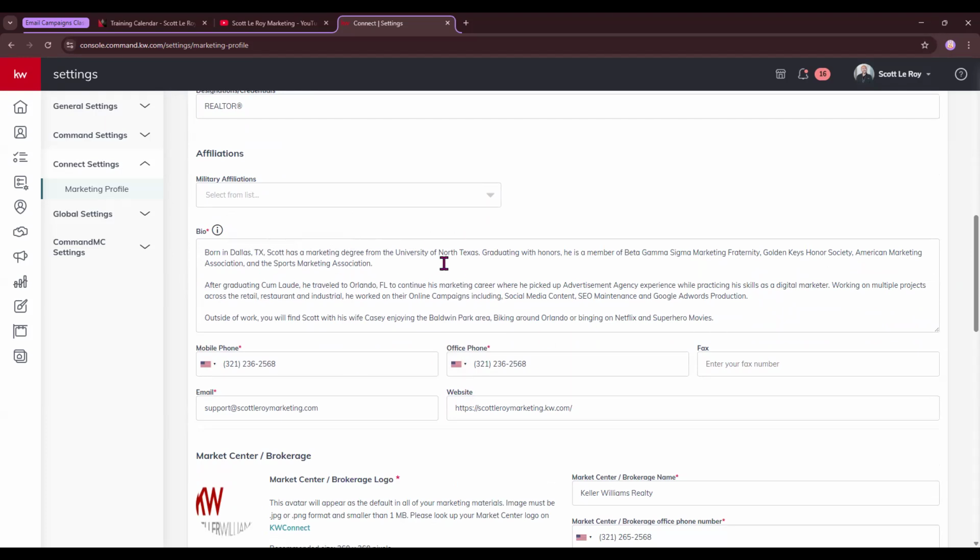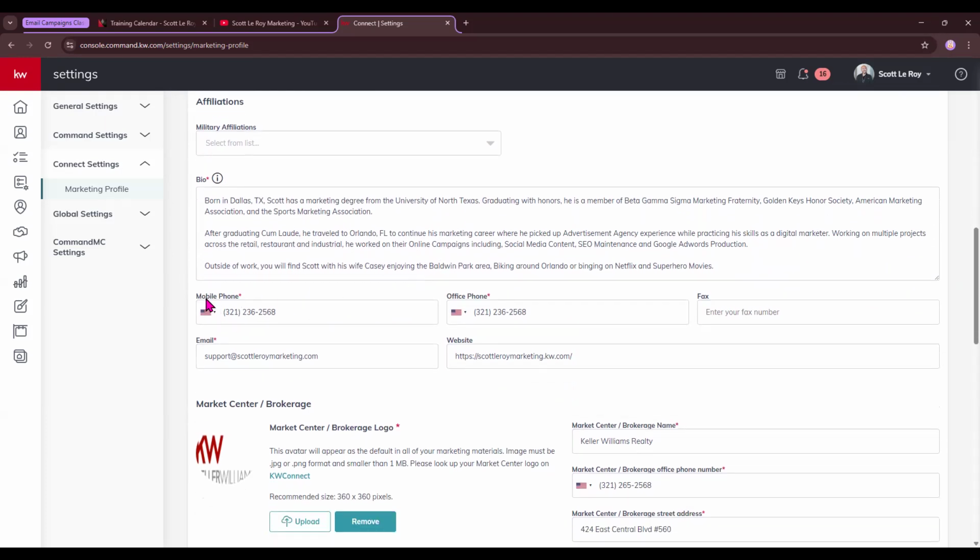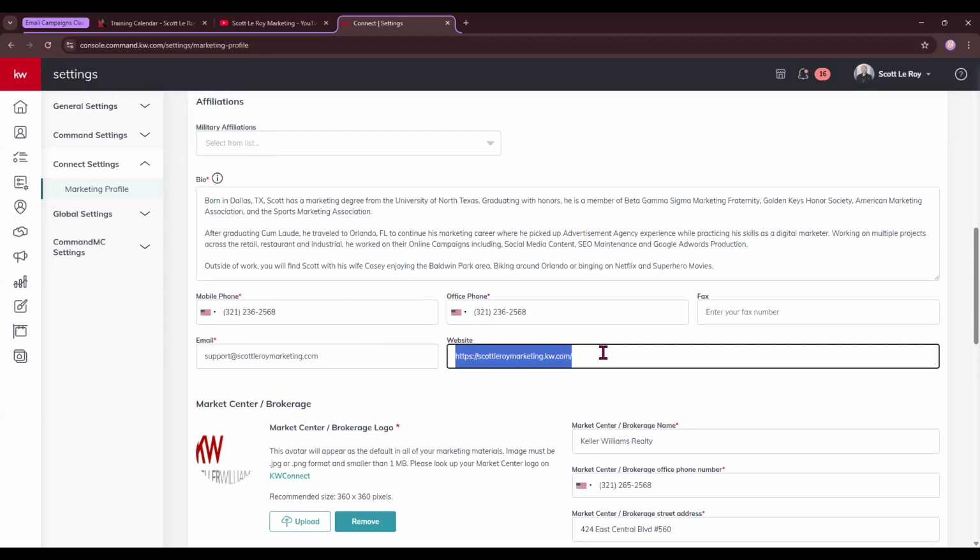So you can go ahead and add that here. Phone numbers, of course, need to be included. Then the email address that you prefer to use. Next, you have your website URL. Another one that you may see an error if you're missing this. Make sure it is the full URL,